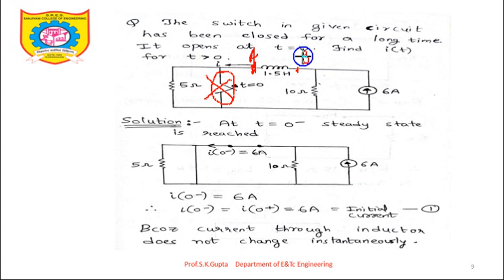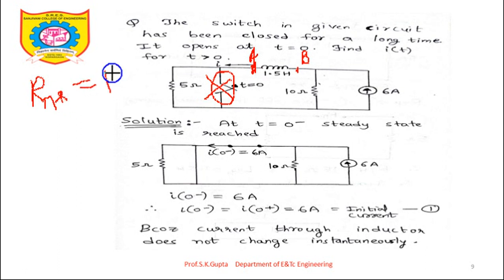Now what is your observation about this 5 ohm and this 10 ohm? These two are connected in series. Between point A and B, starting from point A, I get one 5 ohm resistor, then again traveling, I get a 10 ohm resistor, so these 5 and 10 are in series. So between point A and B, RTH is 15 ohm.